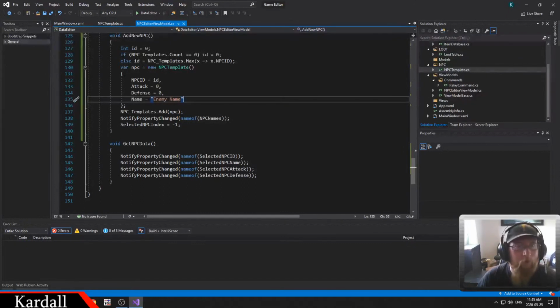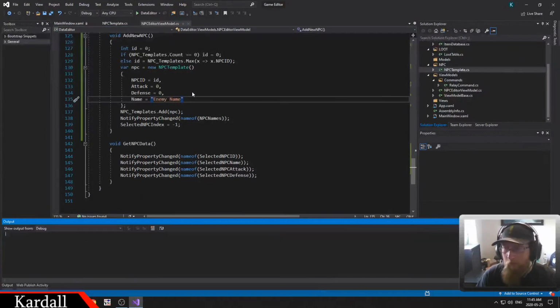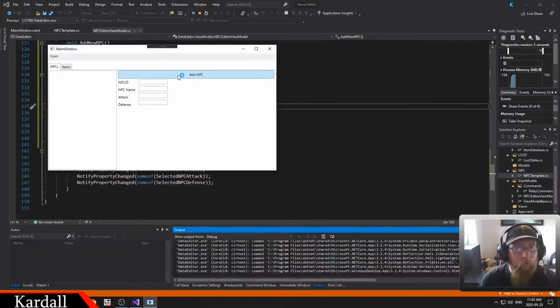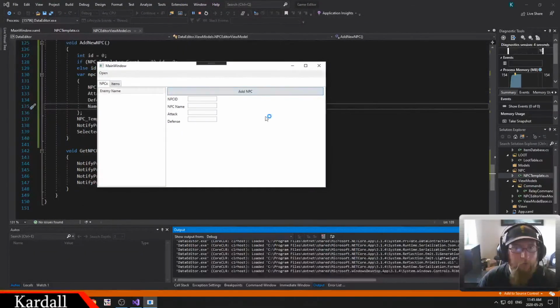Let's just give it a dummy name so we can see this, and then we'll see if this is actually going to work the way we want. So we're going to add, we got the enemy name. Okay, so now